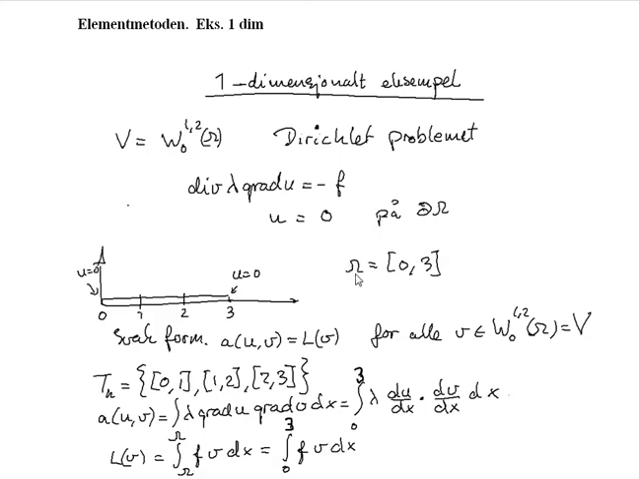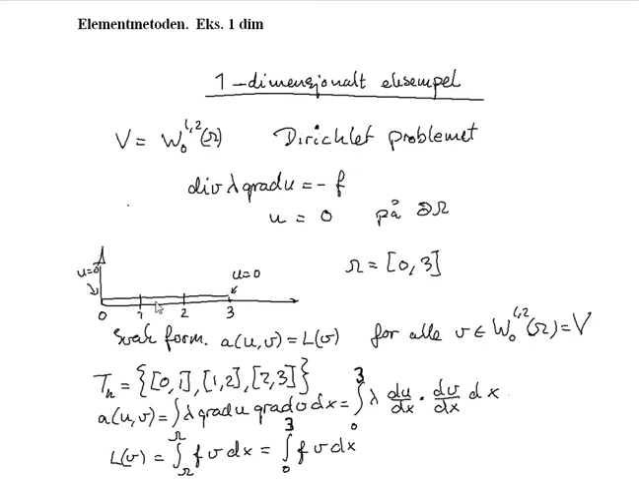For simplicity, we only choose omega equal to the interval from 0 to 3, and let us consider the example where you have some rod of length 3 with 0 boundary conditions. So we know that the temperature is 0 here and here at the boundary. Our boundary is only 2 points in the one-dimensional case. And inside here we have some source F,